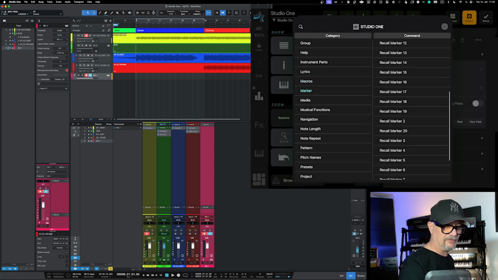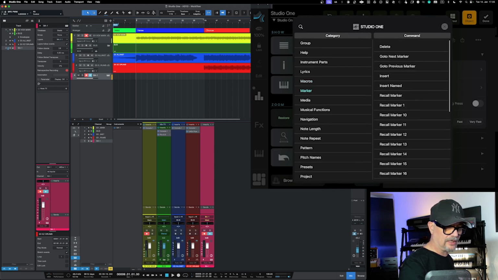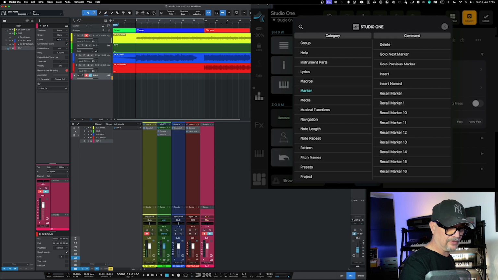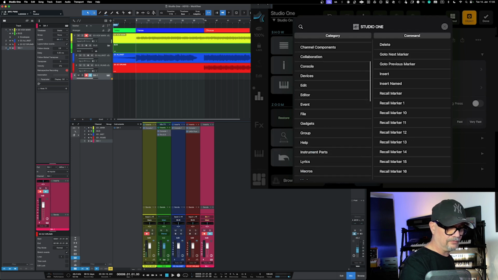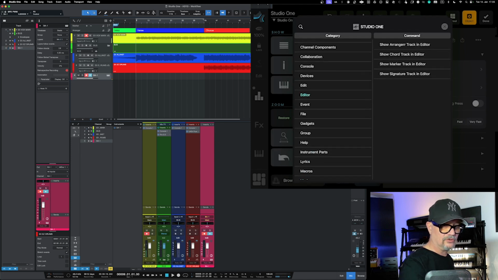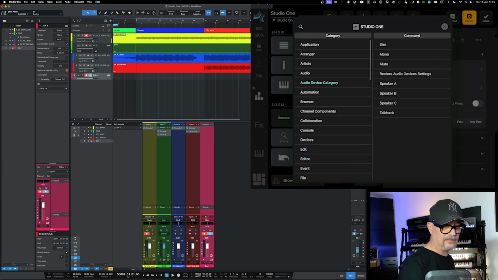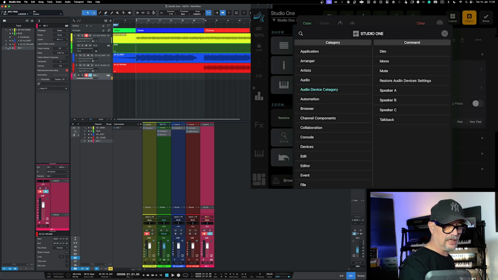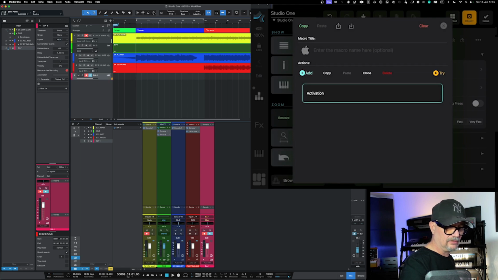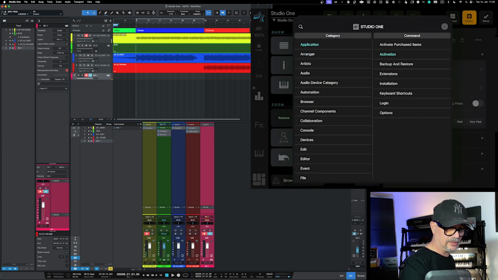I can have a marker, to recall a marker, and for example I can have an editor, so chord track editor or whatever. So with these you don't need to do anything. You basically go in and select the macro that you want to use. Like in this case, no activation, but let's do something